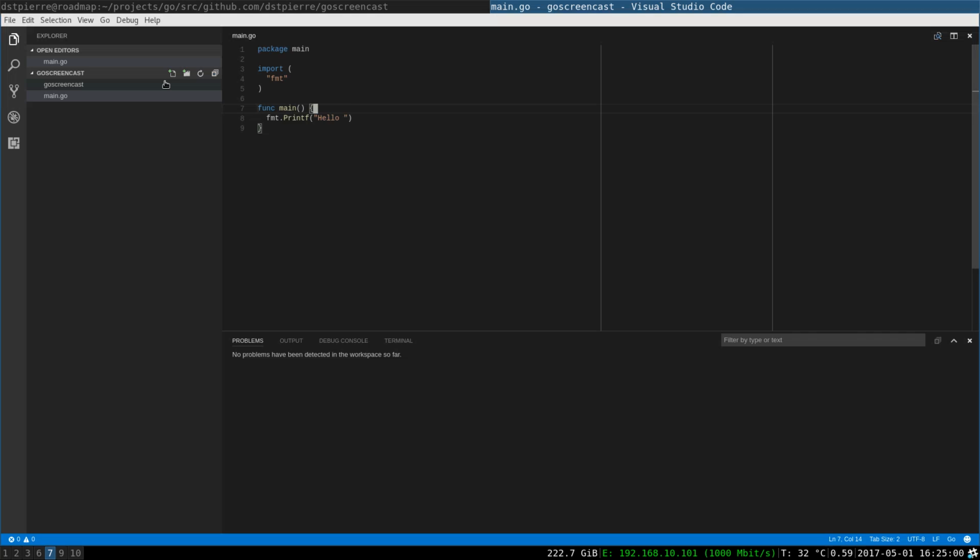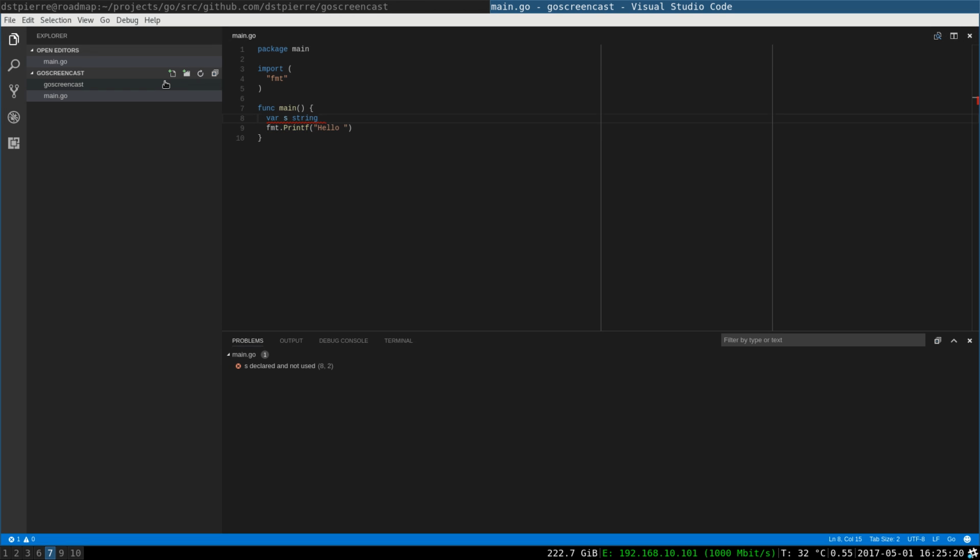Now let's declare a variable. For that we have two ways. First, we could use the var keyword. Let's say our variable is s, and we give it a type, so string.